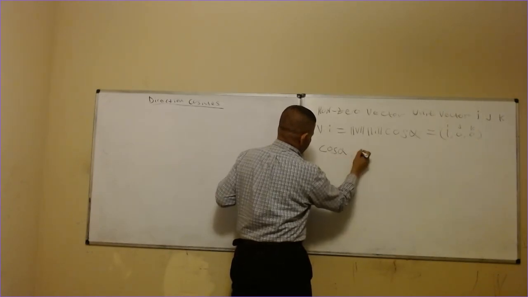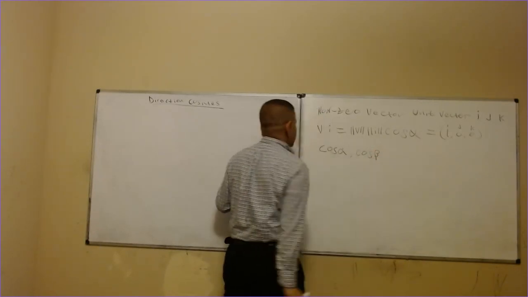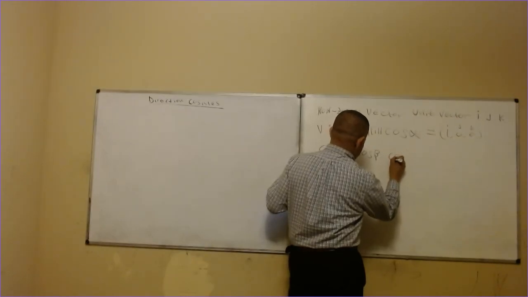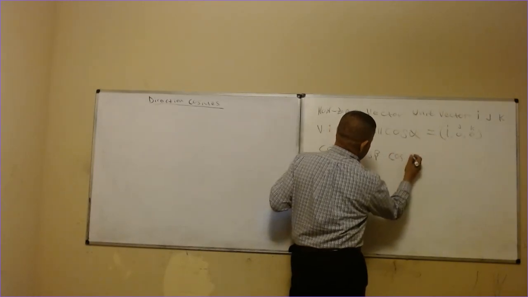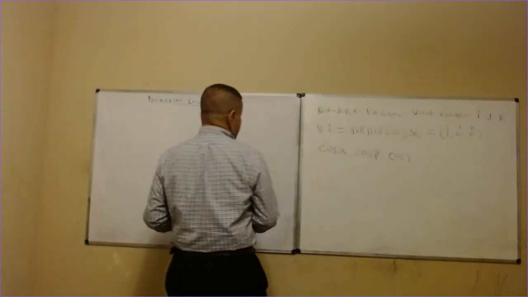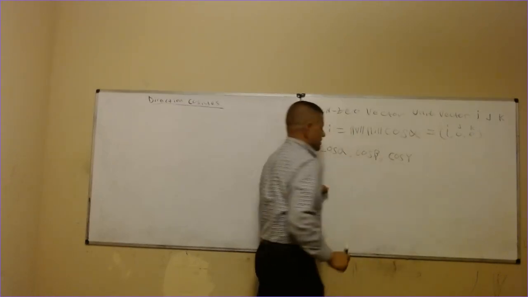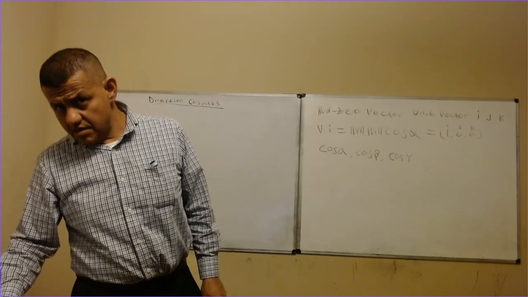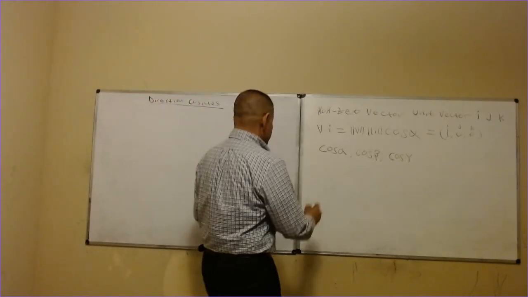Then we have cosine of beta. And then we have cosine of gamma, right? Okay, so now we can also say that